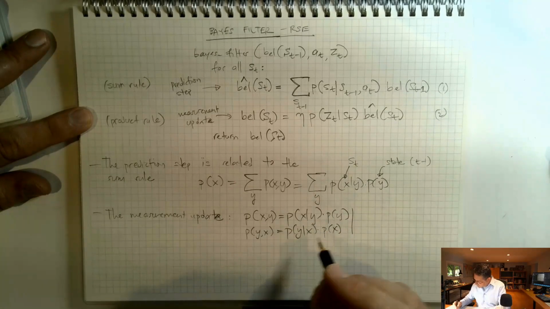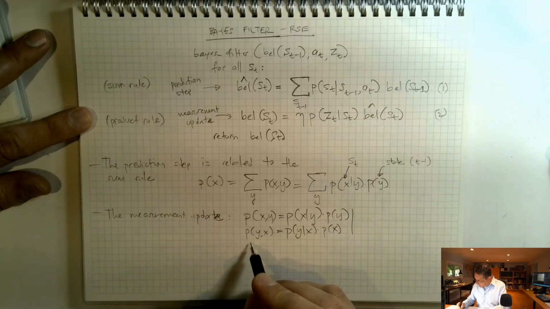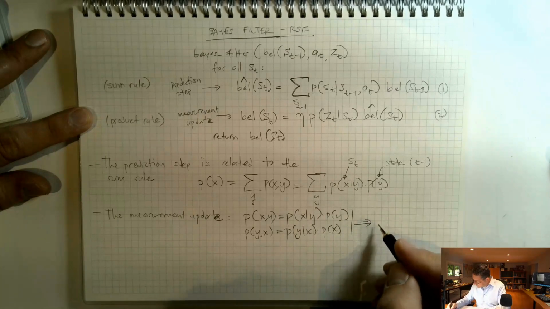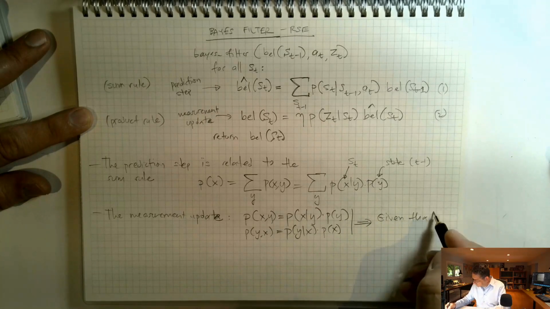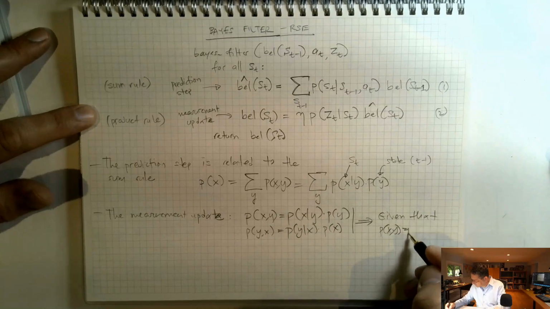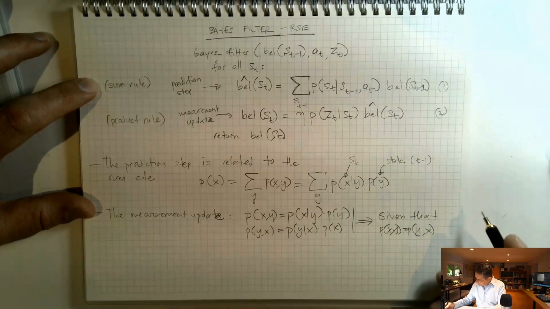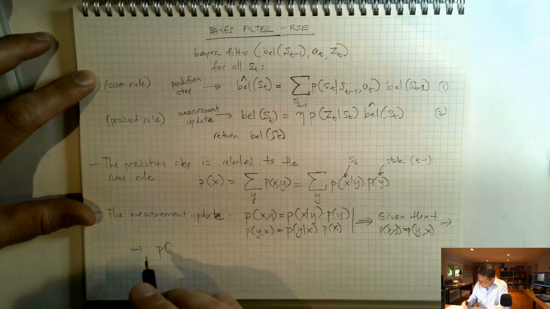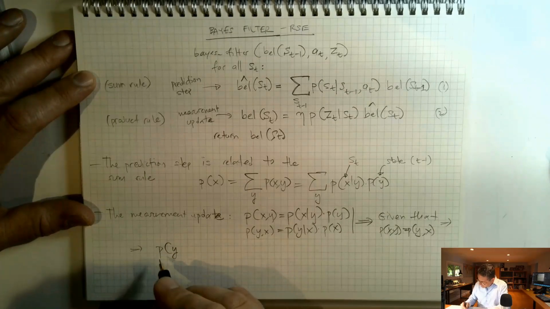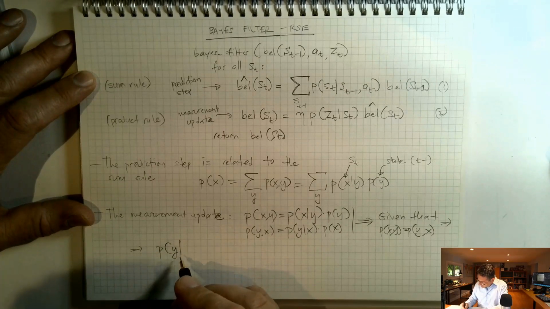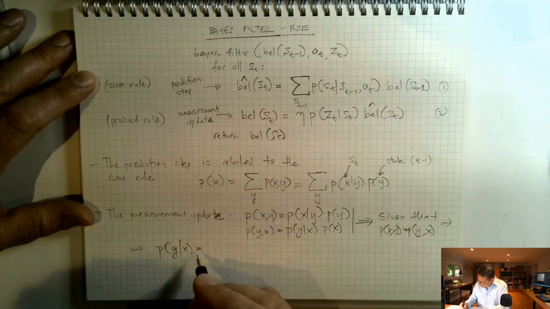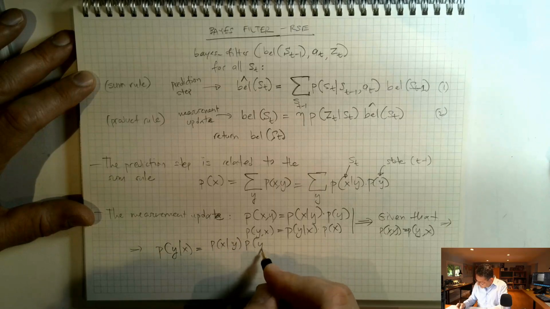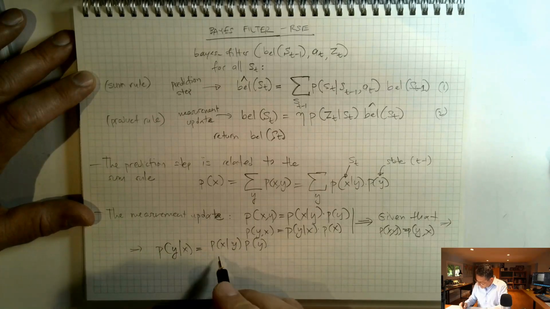And so from these two, we can actually conclude the very important relationship that gives us the so-called posterior probability: p of y given x is equal to p of x given y times the probability of y, which is called the likelihood, times the prior, divided by